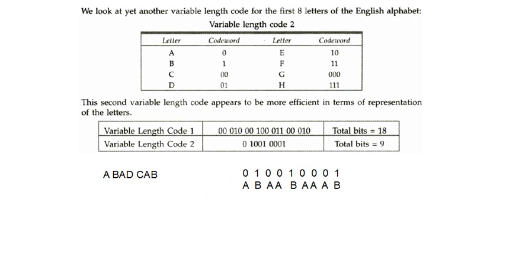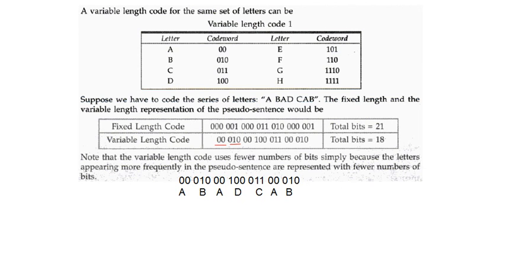If you clearly observe these codes, this kind of code we call prefix codes. So what is a prefix code? In prefix codes, no code word is prefixed to another code word. If I observe here 0 0, no other code word is starting with 0 0. And 0 1 0, no other code word is starting with 0 1 0. Similarly 0 1 1 is also not acting as a prefix to any other code word.